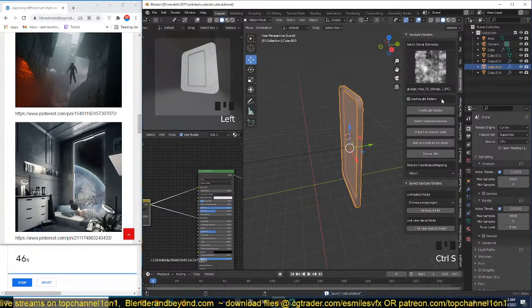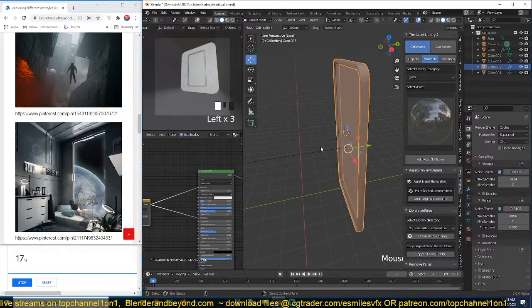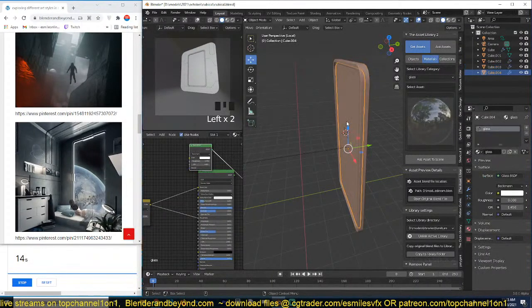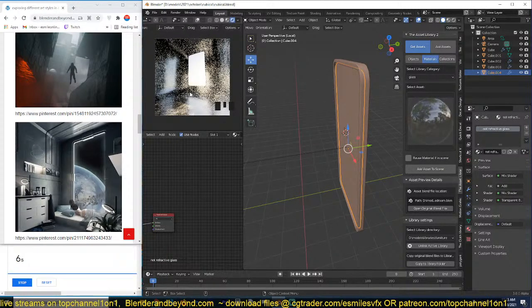And if you search on Google, you can find non-refractive glass materials for Blender very easily. So let me see if I can get that, because I know I have it in my materials somewhere. Yeah, we have run out of time, but we're going to reset that because this is kind of a bit of a complicated scene. Let's see, I have non-refractive glass somewhere. Yeah, this here is non-refractive. Let me just grab this piece and assign it that material. So it's non-refractive, meaning Blender doesn't have to calculate the